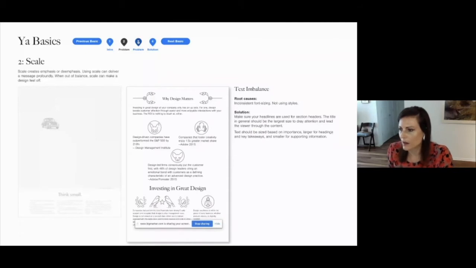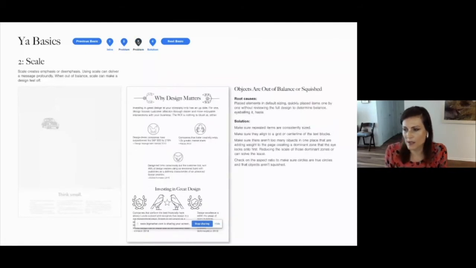The other problem that I see with scale is that you have an object on the page that's really prominent and it's distracting you from getting through the content in the order that you want people to get through it. So in this case, there's a large object at the bottom, a large graphic, and it's really dominating the design. My eye goes directly to it. Even though the type is cascading in a really nice way, this object is anchoring you to the bottom of the page. And you don't really want that.